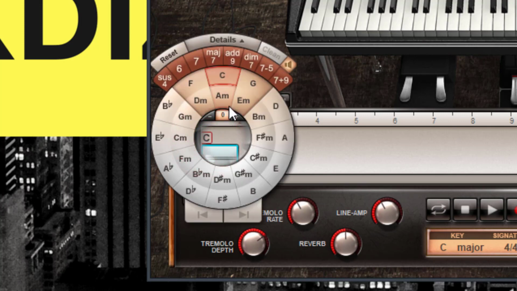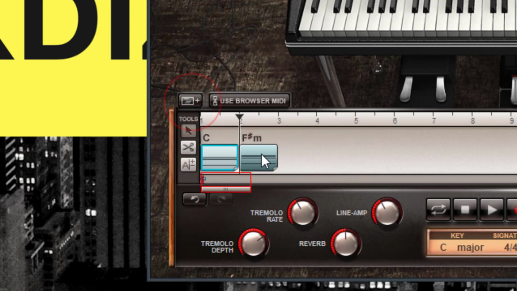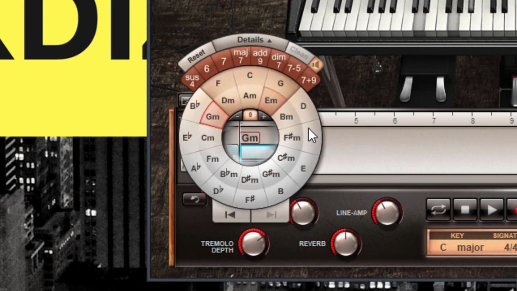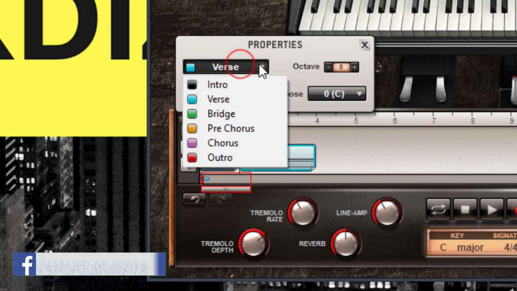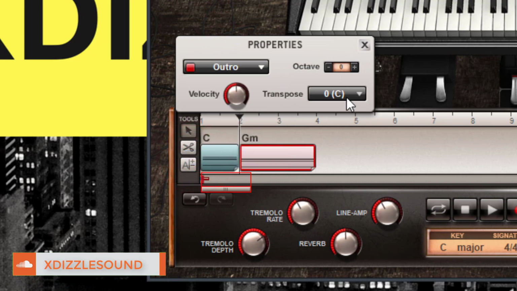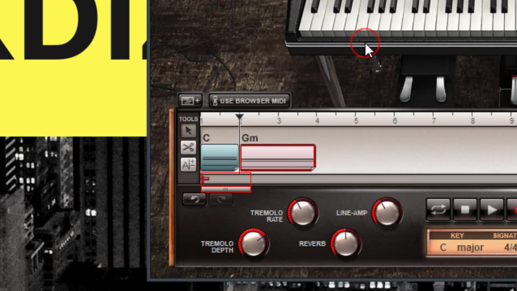Like if I click on the C, you have this circle over here, and you have a lot of different types of chords, and you can play them back, and you can see the chord changing in the back there as I press. So you can put that there, and then you can add another, click on it, change it, and then you can drag them and make them as long as you want. Then you can double click on them and mark them and color them accordingly, and you can transpose them up and down. It's a very powerful plugin, and then you can just play it back,